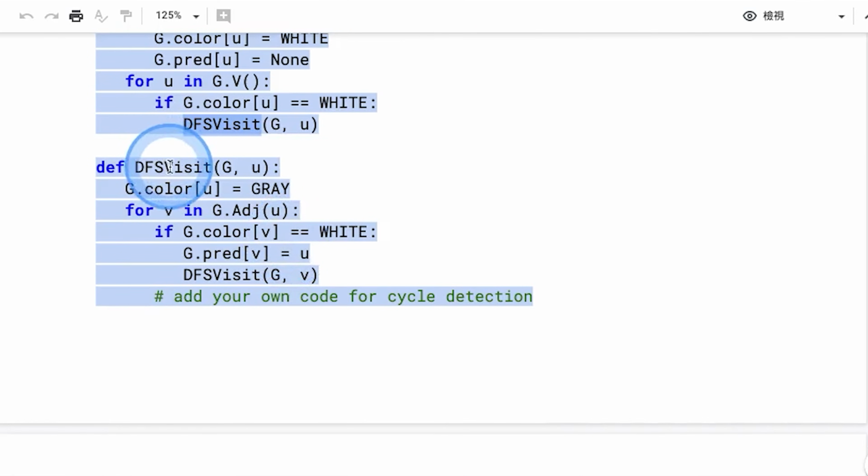But when you do visit, it's kind of a recursive visit. Why? Because you go and check a neighbor. If my neighbor hasn't been visited, good, then I push it on a stack. In this case, the stack is a recursion stack. Then you keep going until you can't go any further. That's when you start popping, and as you do, you keep track of where you came from. That's the predecessor. If you have a predecessor who has already been visited, guess what? You have a cycle. So that's how you do it.